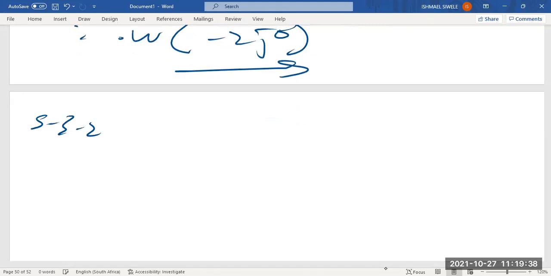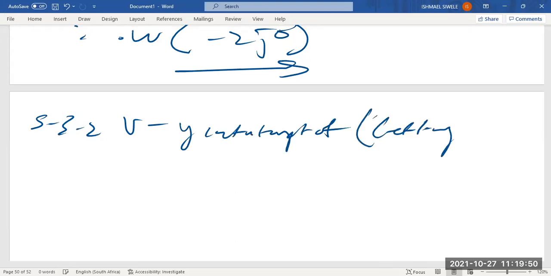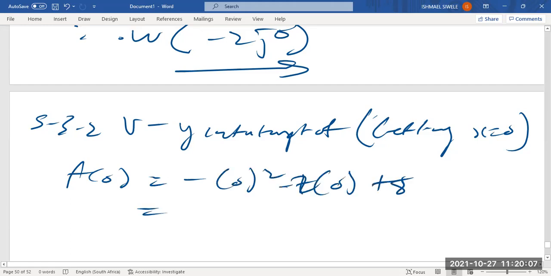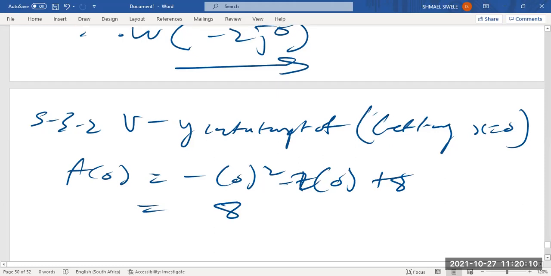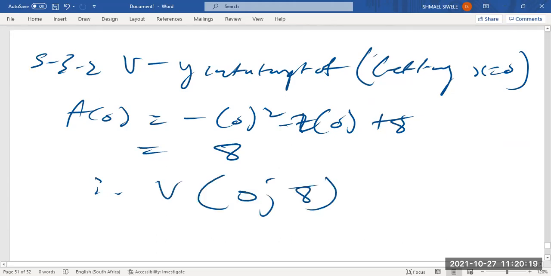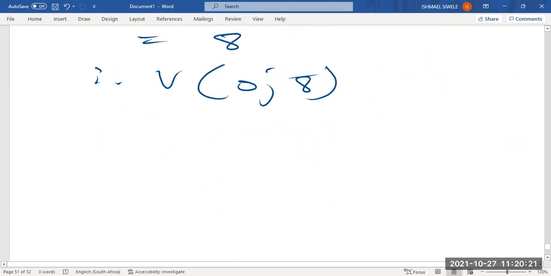5.3.2, if I'm not mistaken. So V, the y-intercept of F, is found by letting x equal to 0, right? So f of 0 is equal to what? Negative 0 squared minus 2 times 0 plus 8, right? And this is equal to 8. You see? So with us now having the point V, which is (0, 8), we can do